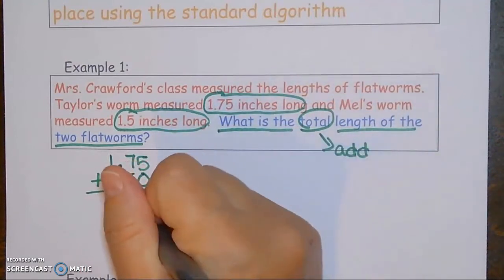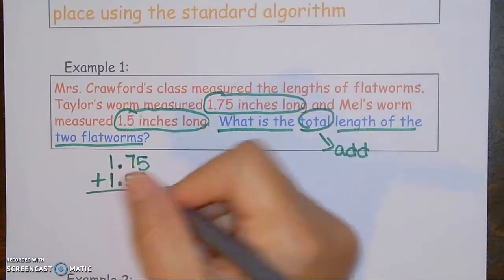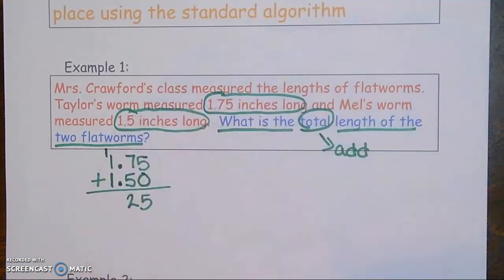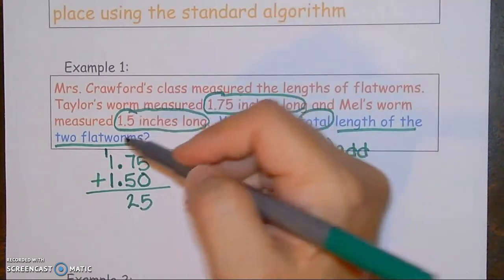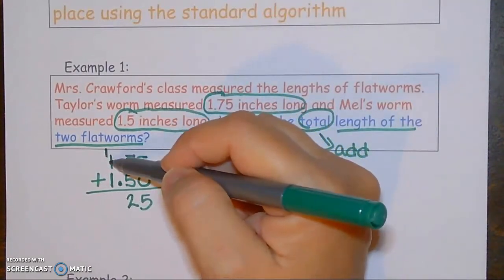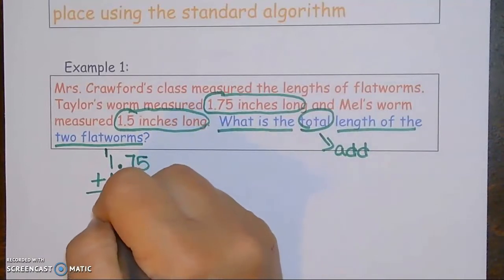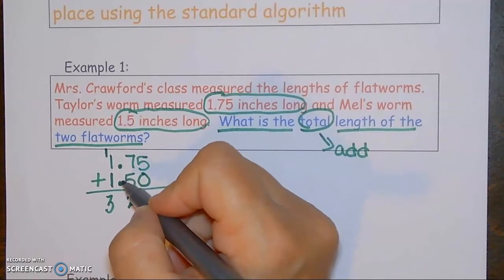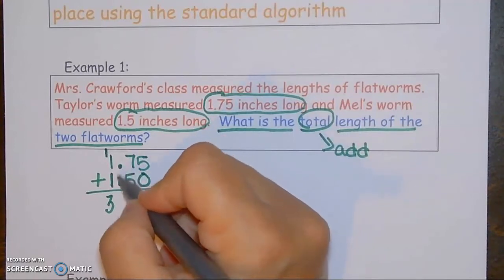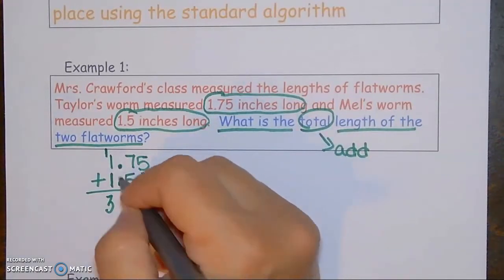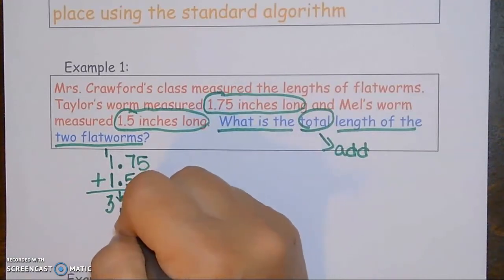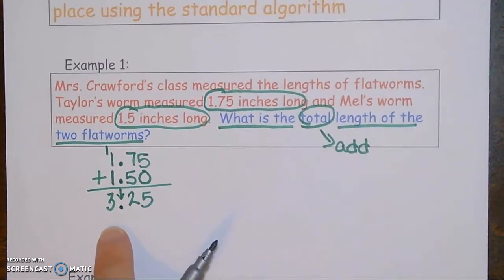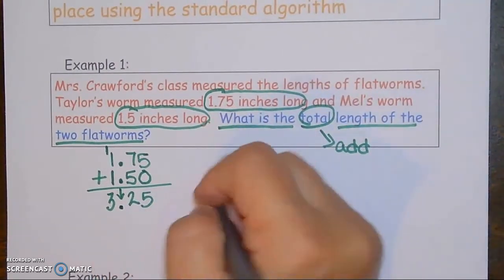Now, I can't write 12 down in my tenths column, so I know I have to place my 2, and I'm going to carry that 1 into the ones place. So now if I add, I have 1, 2, and 3. So now I can bring my 3 down in my answer space, and here are my decimals. Same thing as when I'm placing them, being in a straight line, I want to also bring that decimal down into my answer. So now I can say that the